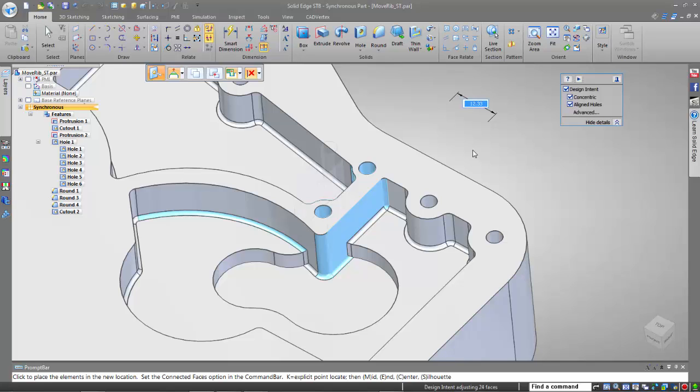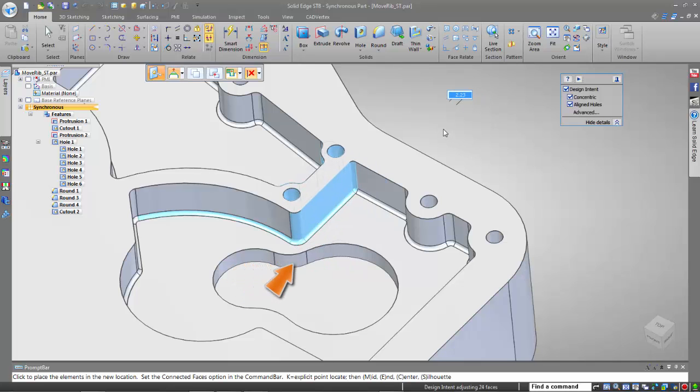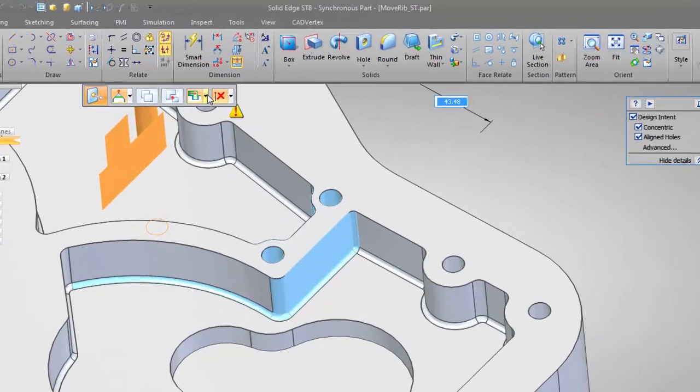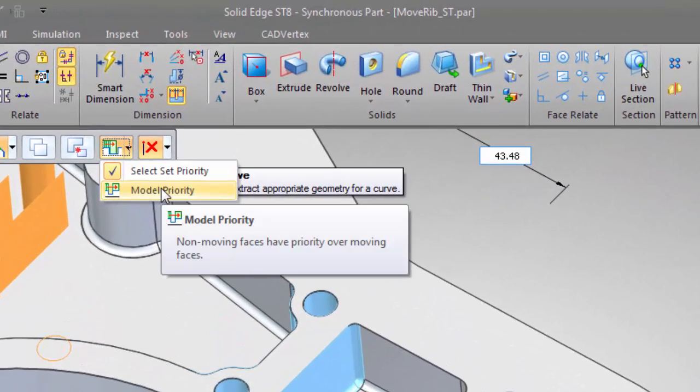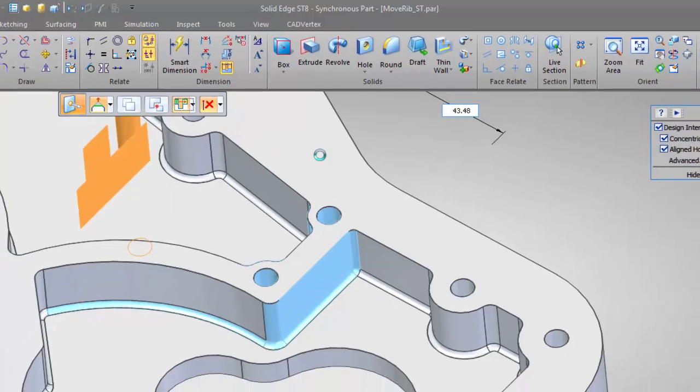So I don't want to let this happen. I want these faces, these 1, 2 and 3 continuously tangential faces to persist. So I will come here and say model priority, meaning the faces of the model will have a priority over the selected faces. So using this option,